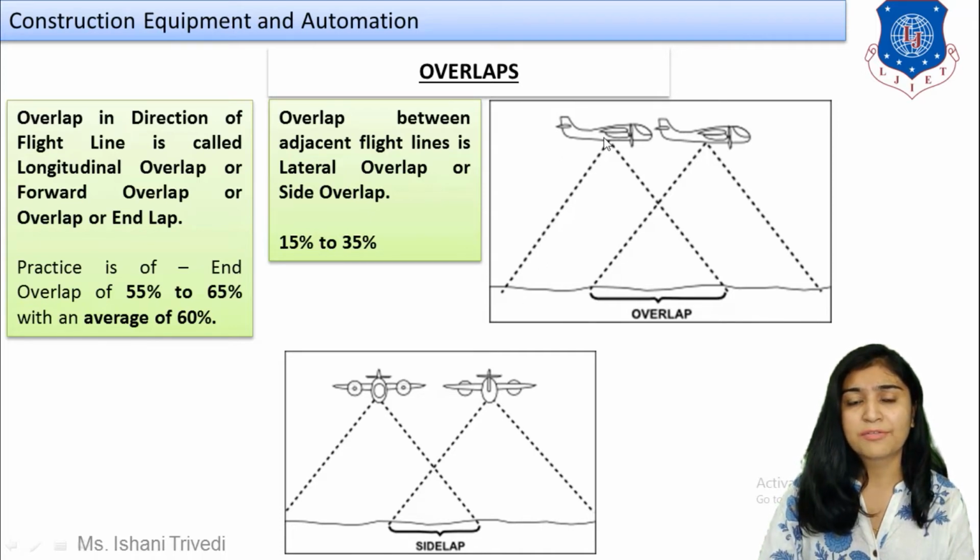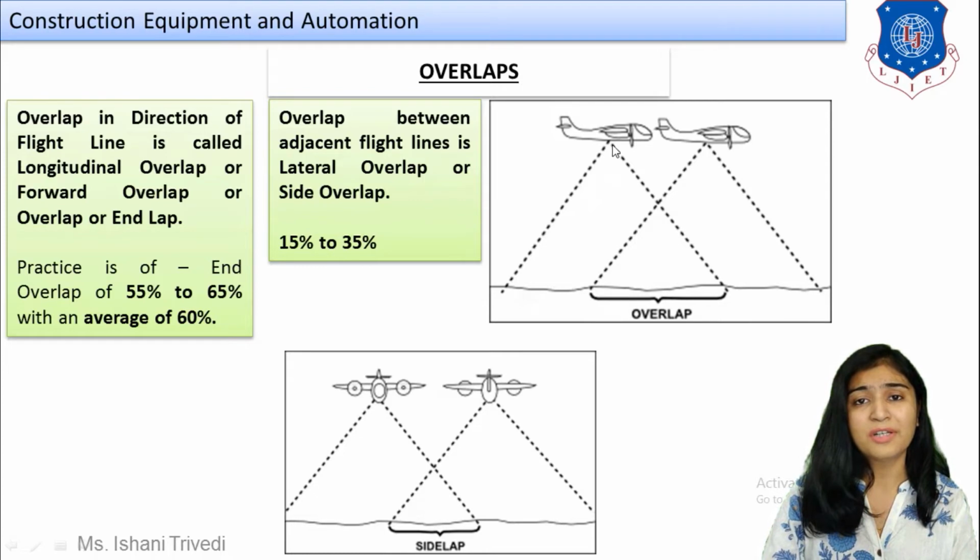Now this is the flight where the first photograph is taken, it is moving. So with the help of the first photograph, let us say this much area is covered, right? You can see the triangle, you can see its area of coverage. So this portion is covered when the first photograph is taken. Now the aircraft is moving forward, since it will be constantly moving. So when it moves forward, it takes the second photograph.